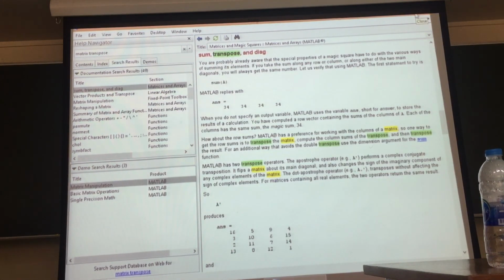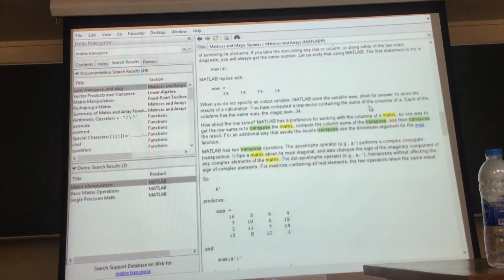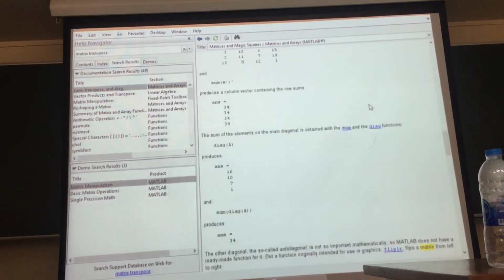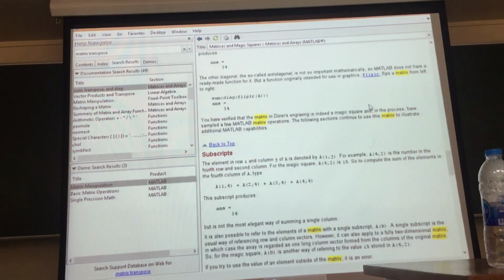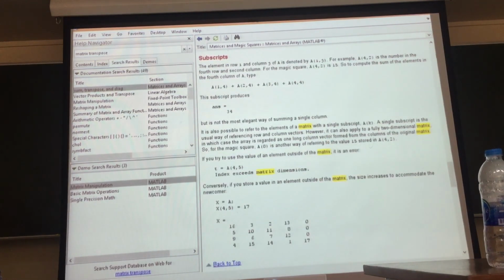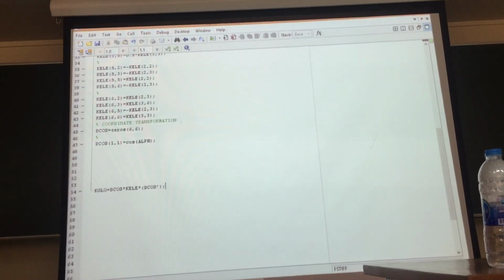So MATLAB Help is much better than Excel, Microsoft Help, or other program help. Documentation is very solid. It has the examples, many things in there. You can learn quite effectively in here. Okay. Now you're done. So,